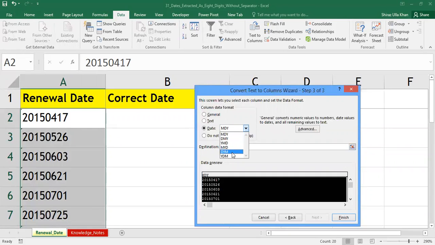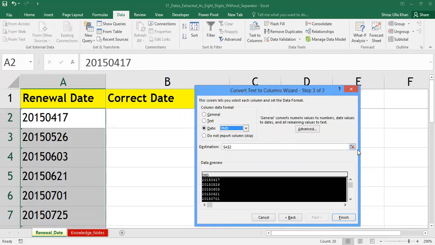And as I told you, the format of this date is year, month and day. So please select the third entry from this drop down, which is YMD, matching our data. So I click on YMD. I'm converting this date into the specific date format.